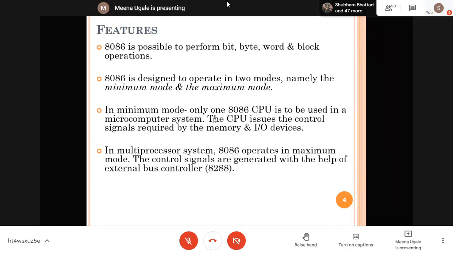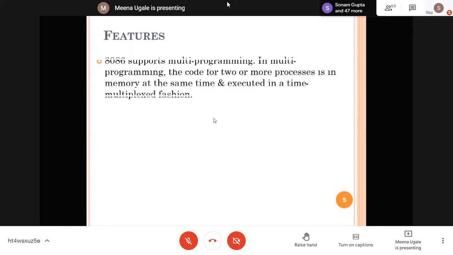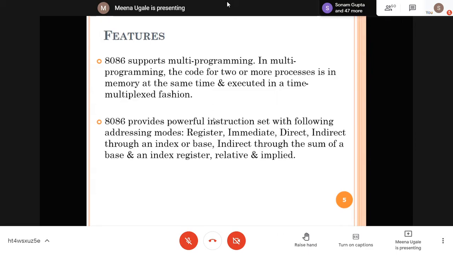When it is in minimum, only one microprocessor is there. When it is in maximum, you can have more than one microprocessor, and you are going to use the 8288 bus controller for generation of control signals, and it supports multi-programming, and it provides you a powerful instruction set which can be written in various addressing modes. These are mainly known as your various features of 8086.